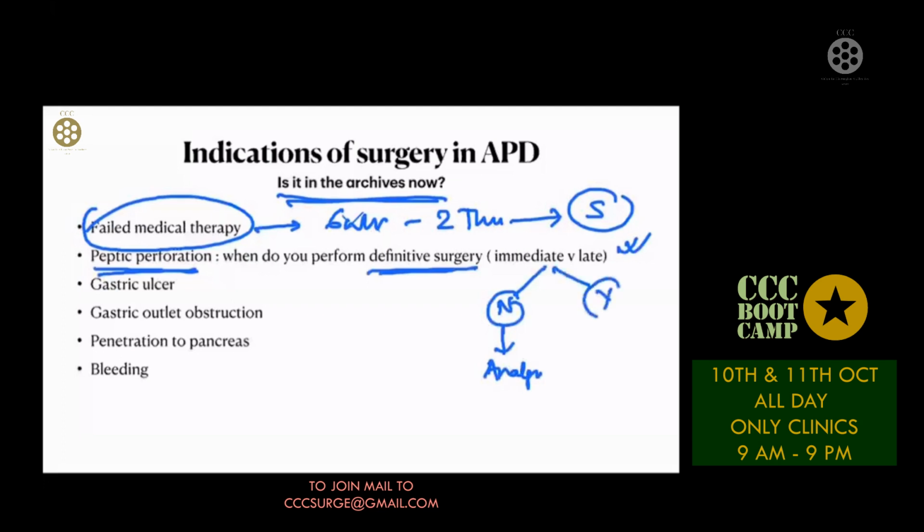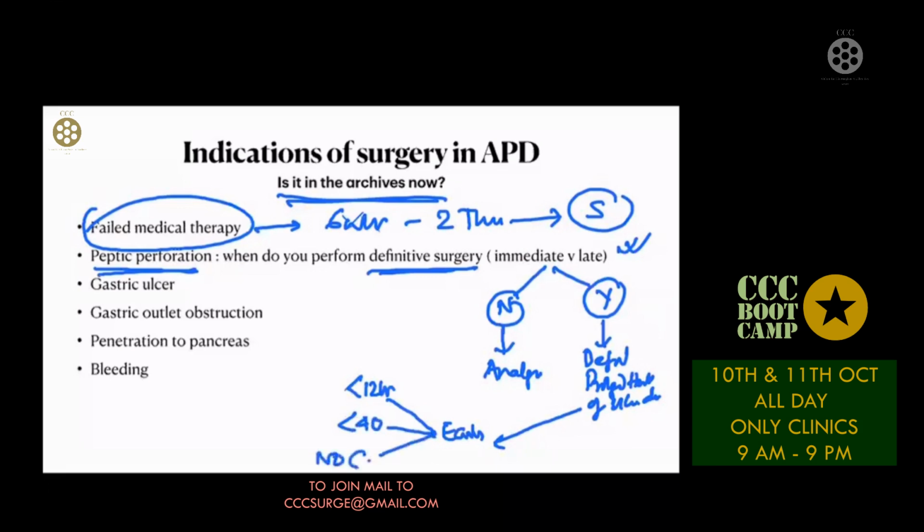Yes, if there is a definite, prolonged history of ulcer disease and the patient presents to you early, and the criteria are: one, at less than 12 hours, at less than 40 years of age, and no comorbidities. So that means a 38-year-old male